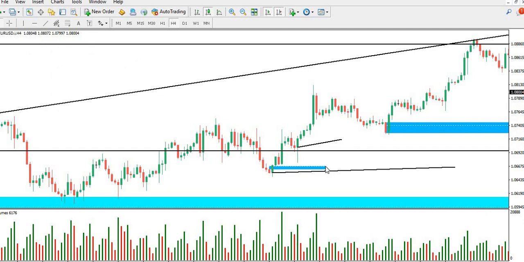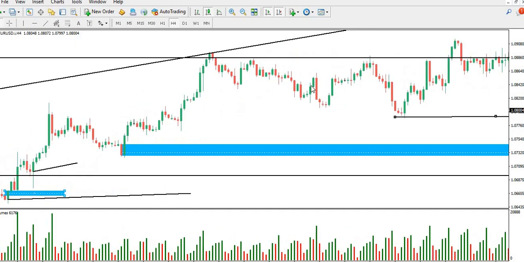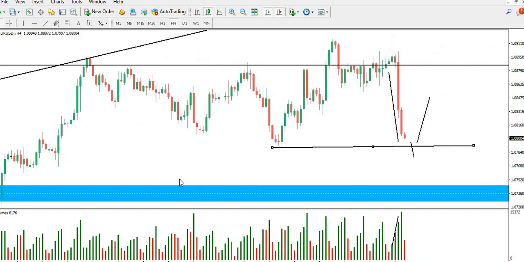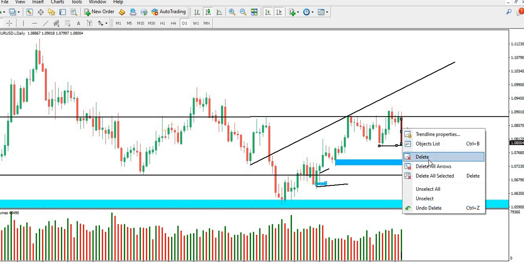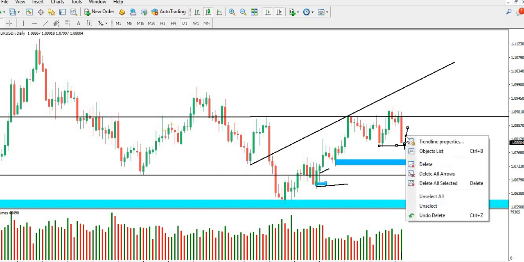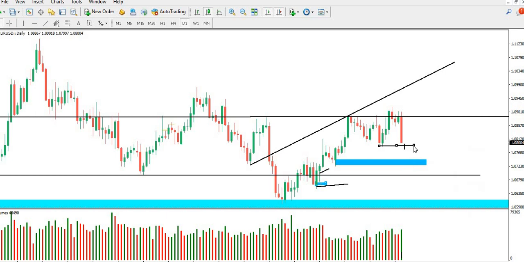So at the same time the market will fill the gap and will touch the demand zone to make a retracement move or an impulsive move, which will change the direction of the downward movement. But I think the market is very much bearish. The market will be bearish in the coming week,